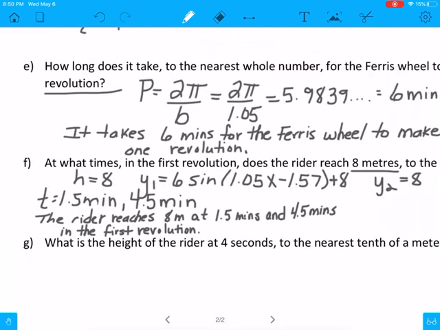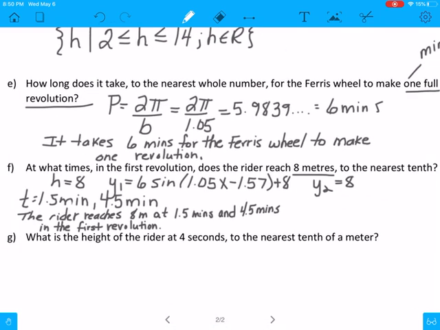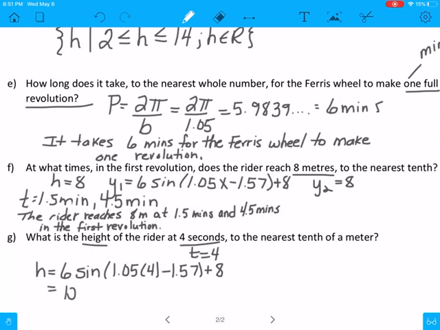What is the height of the rider at 4 seconds? So now they want the height and they're giving us t. And when they give us t, we can just fill it right into the formula. So h equals 6 sine 1.05 times 4 minus 1.57 plus 8. When you type that into your main screen, you get 10.9374